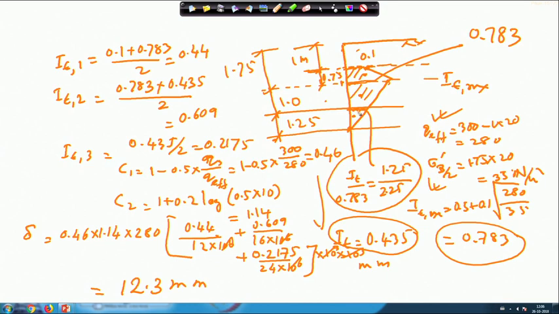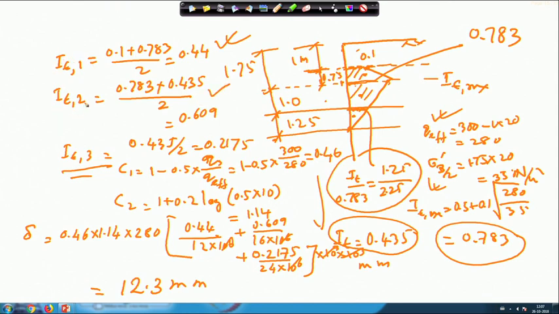Now, once I know this one, then what is the average value of I of this layer? Half of that is shown here, and then what is the average value of I for this layer? This will be just summation of half of the summation of this and this, multiplied by 0.5. So, that is done. And what is the average value of this? That is half of this summation, half of summation of this and this. So, that is done here.